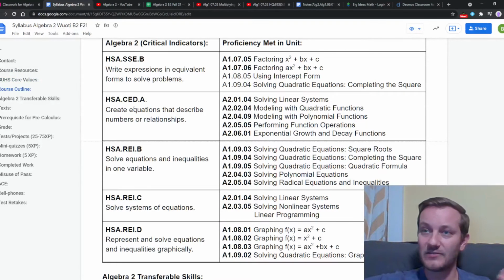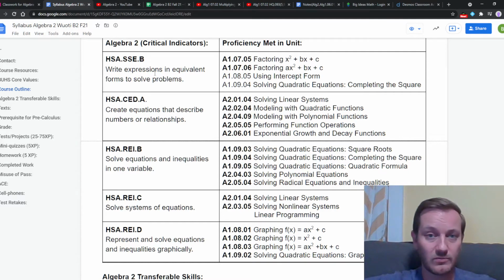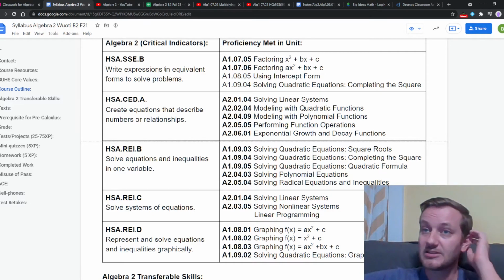We've got some critical indicators, as well. And so you've taken other classes here likely at VUHS. So not only do you need to numerically pass the class 60% or higher, hopefully better than that, by the way, because there's also a prerequisite to get into pre-calculus, which I would highly recommend. But yeah, so we've got 5 critical indicators is the plan.